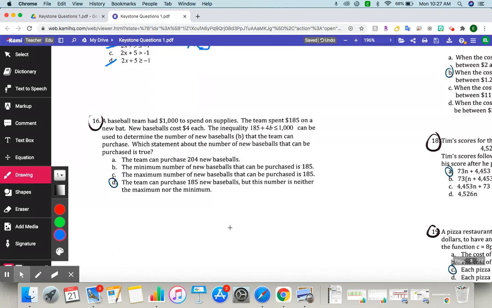For number 16, you were simply solving the inequality given to you. So you started with 185 plus 4b, and that must be less than or equal to 1,000. So we're solving for the value of b. So if we subtract 185 from both sides, then we get 4b is less than or equal to 815. Dividing both sides by 4,